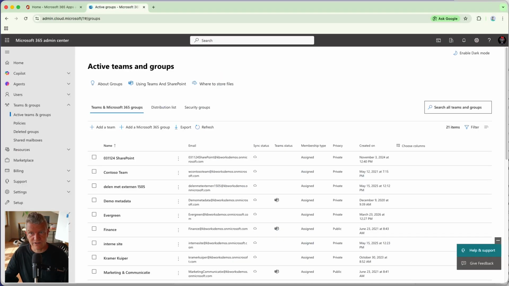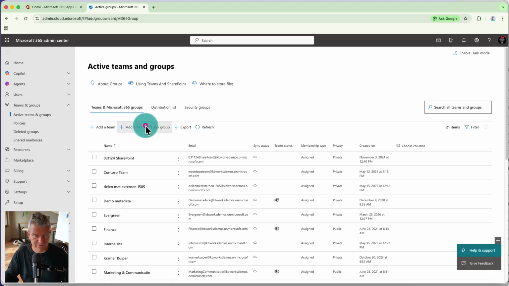Step 1, security group. Before any of this works, your admin needs to do two things. Let me walk you through. First, we go to the admin center in Entra. Step 1 is to create an email-enabled security group. This group contains the people who will manage your brand kit. Your brand manager, your marketing lead, or your IT admin. One person is enough. So what we do here is we already have a lot of groups, but we could